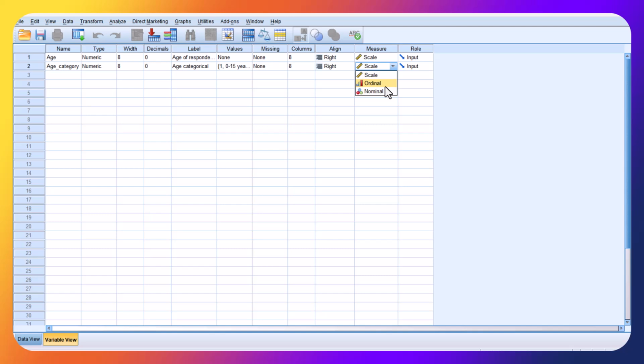But since there's a specific ordering in this particular variable, for example, consider 0 to 15 and 16 to 25. 0 to 15 is basically children to early teenagers. Then 16 to 25 is basically a mid teenager to an adult. Then